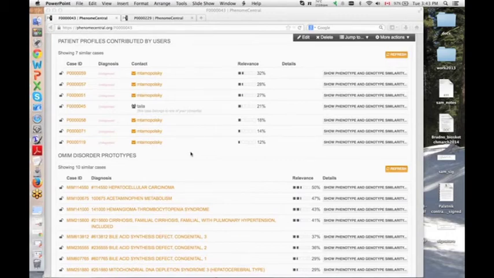And so we've built an API which allows us to exchange data, and we're hoping to be able to actually have a federated model built into Phenome Central and Gene Matcher and eventually Decipher, with the first parts of it live possibly within this month.